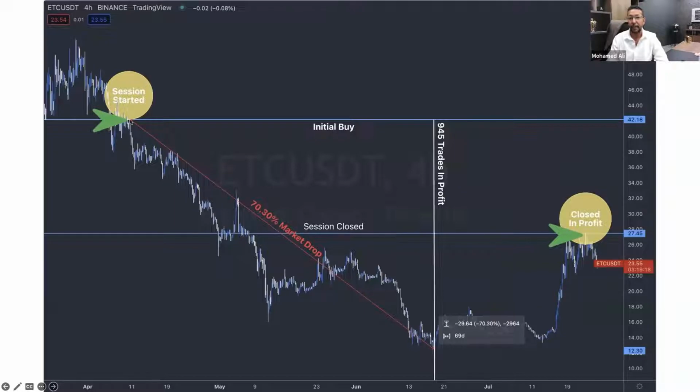If you see here, the bot opened the trade at this position when the price was 42, and then the market decided to move down. The market only went down, up to 70.3%, and the bot was buying and selling in small bits and pieces, making small profits, and helping this trade on the top to come down using 50% of the profit. When the market goes up here, it just closed the trade, which was opened at the price of 42, at 34.5% down, and closed the whole cycle here, and took out the profit and the USDT back.